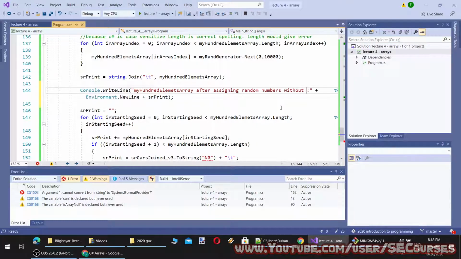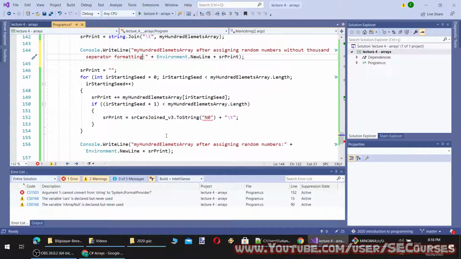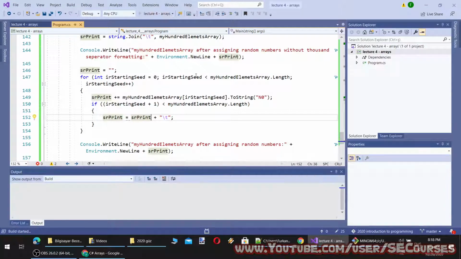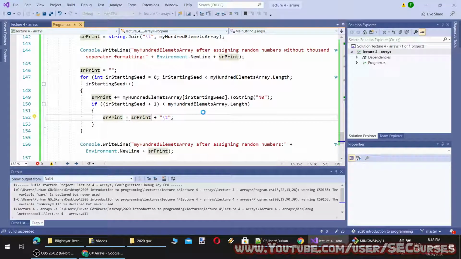Without 1000 separator formatting, and this will be like this. Oh, I'm going to make it here, and this time it will be sprint. Let's see how these changes look.